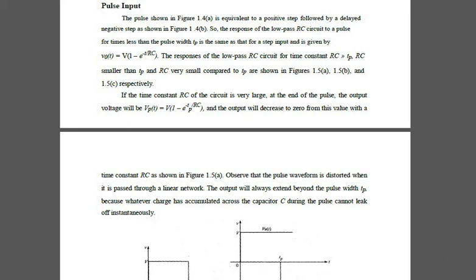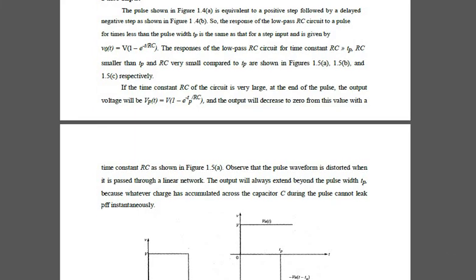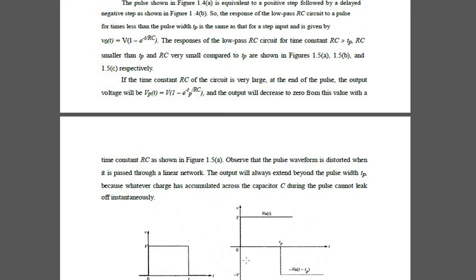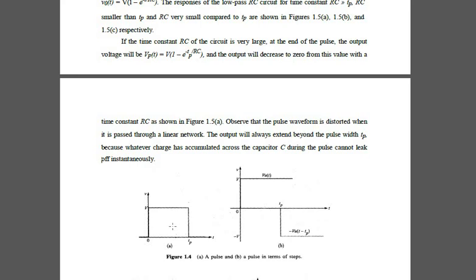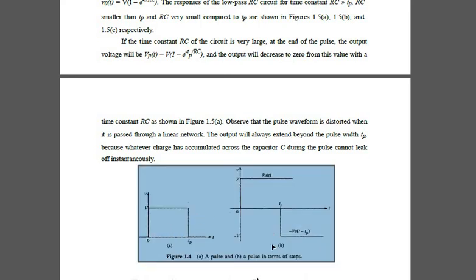This is what you are able to see, your pulse input. I hope everyone knows what a pulse input is. This first part is showing the pulse input, and it is a pulse in terms of steps. It shows ones and zeros. If it is 1, it is a higher pulse. If it is negative, or 0 in terms of communication, then it will be given as your negative pulse. So pulse in terms of steps, and this is a normal pulse.